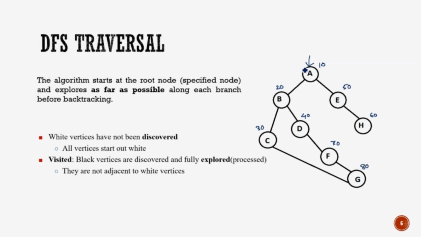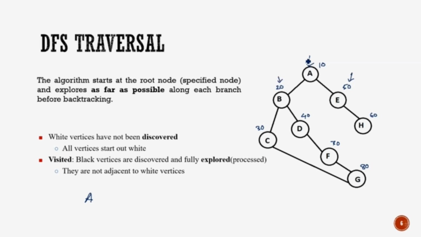So firstly we start at node A. We process the content of node A, and for this example we will consider that processing means printing. Although we can perform many other kinds of processing, like matching this value with some other key and so on. So we process the first node, that is, we print the value A. From this position we can discover two nodes at address 20 and address 50.